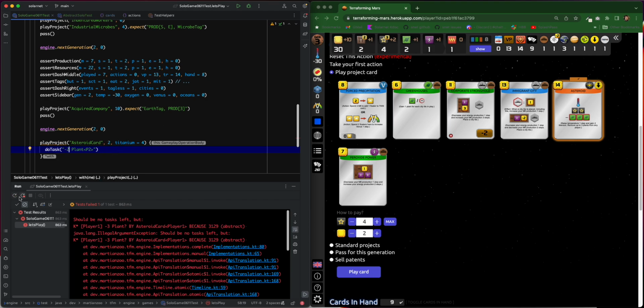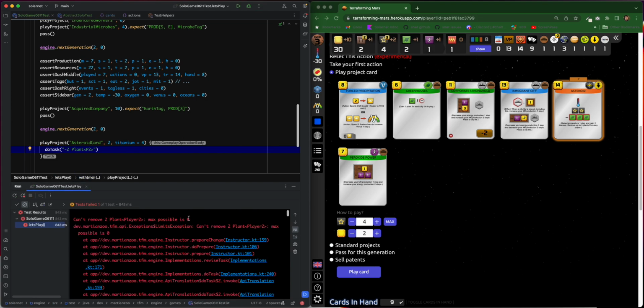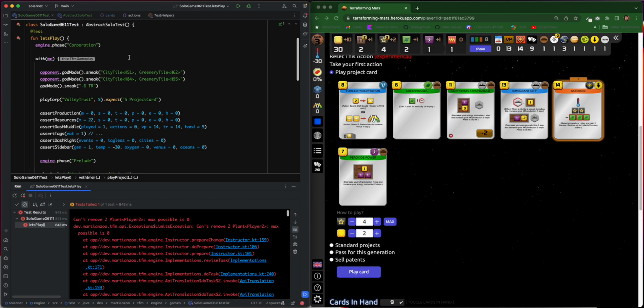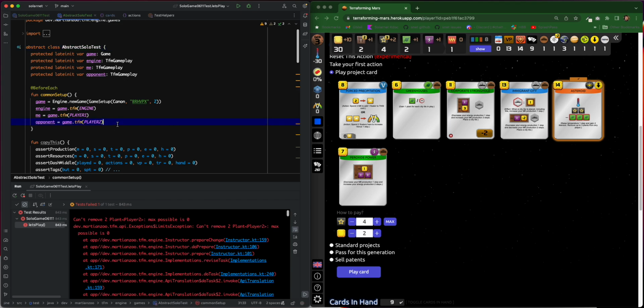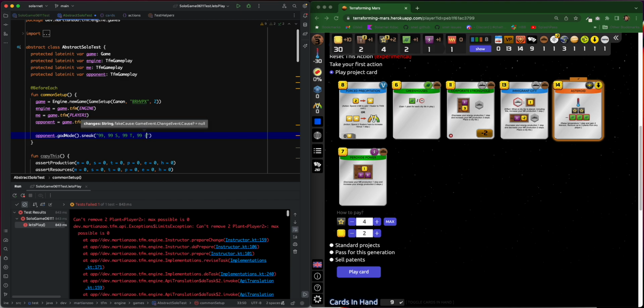This should make it happy, I think. And it doesn't because the other player actually has none. So here we come back again to the fact that the engine doesn't actually support solo mode, and we need to fake it. So what I should really do in this abstract solo test that set things up, I should go into God mode and just give it all this stuff. 99 steel, 99 titanium. This should be enough for anything we could ever need,